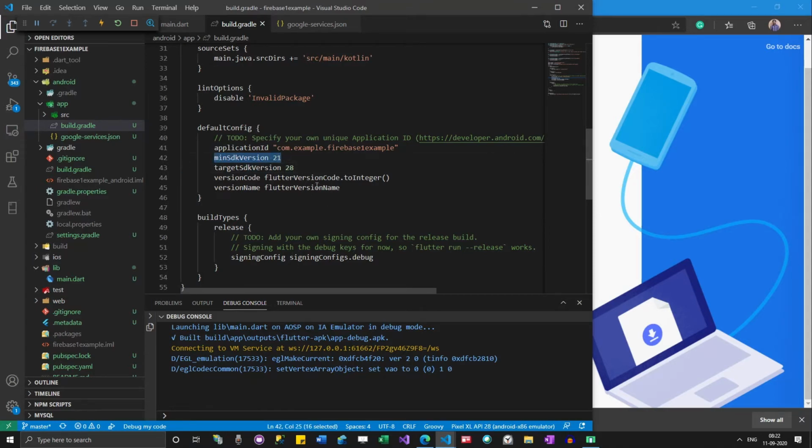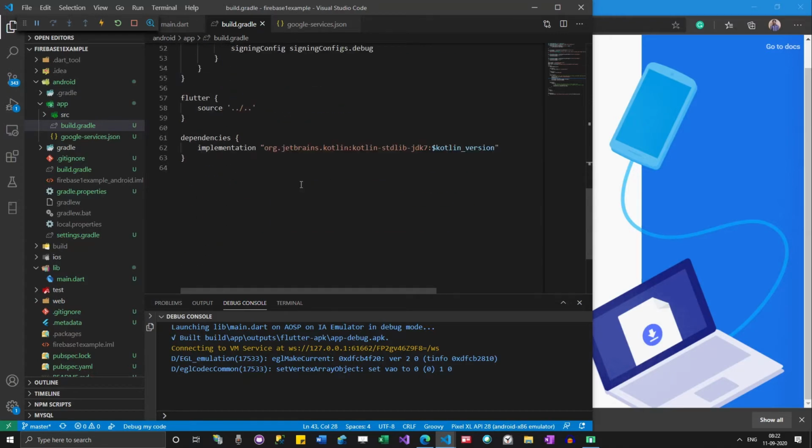I think this is not speaking exactly about the Android version that your mobile is running. It's more about the software development kit version, not the mobile OS version. Okay, that's fine. So now I think we are ready to use. Give me a second. I think we need to add some more stuff.